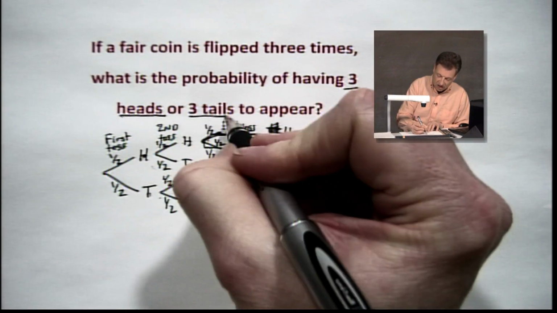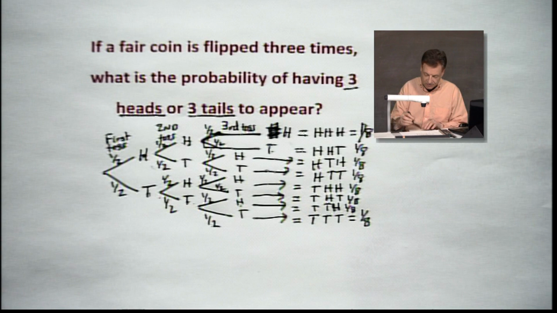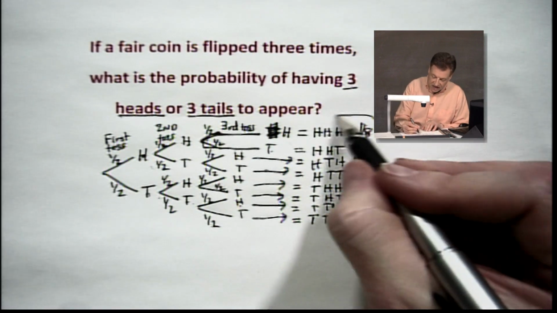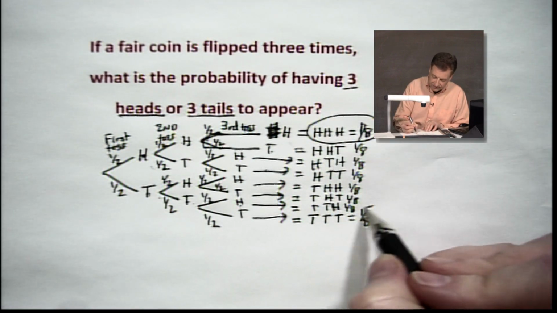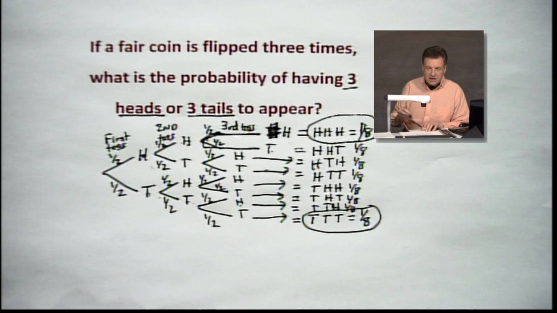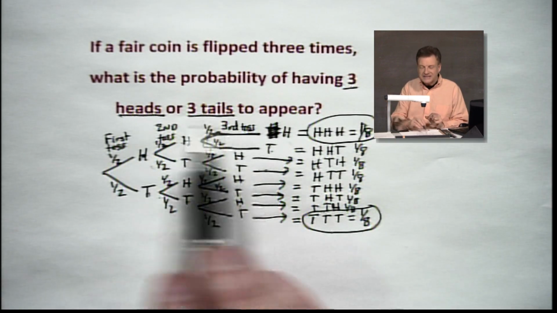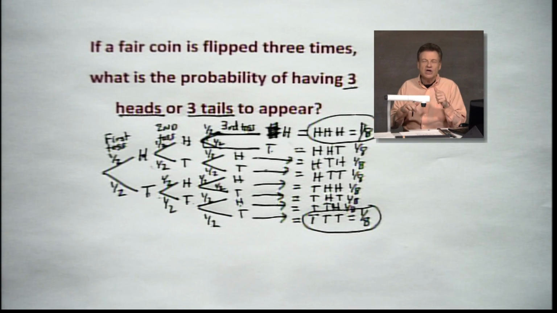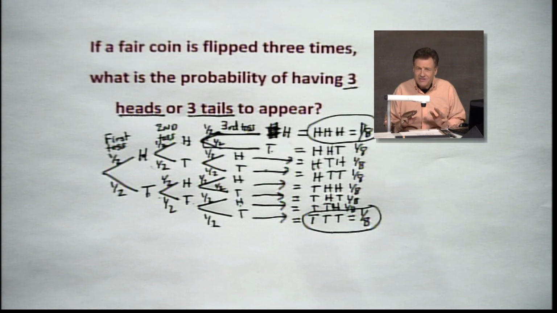Now, I'm sorry I gave you a long, drawn-out road here, but here is where I have a success. Each of those are 1/8 a chance. So you say, well, which one are we talking about, Ernie? It says or. That means I want to know what's the chance of me getting 3 heads or 3 tails. I win with either of those combinations. One is not better than the other. They're equally likely.